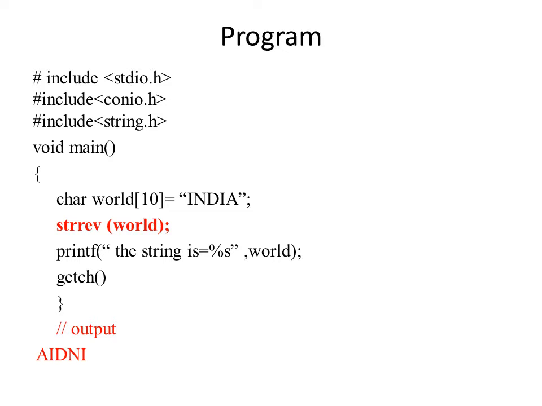So after the execution of this program, the characters present in the string world are going to be reversed, and hence the last one, A, is going to be printed first. So all the elements within the string world are going to be